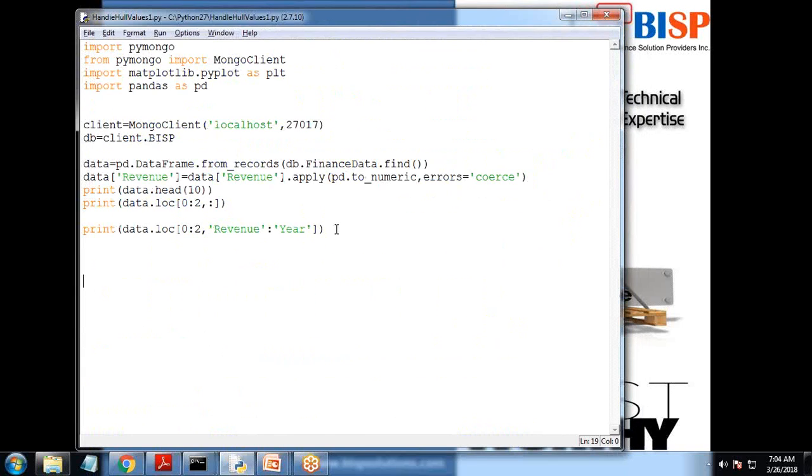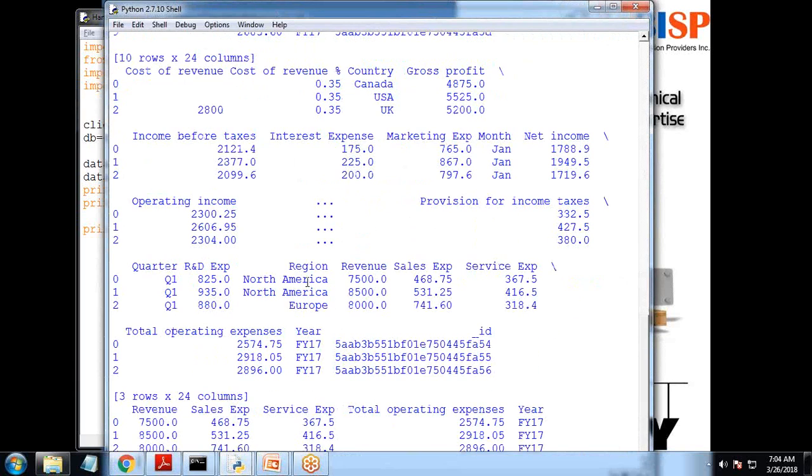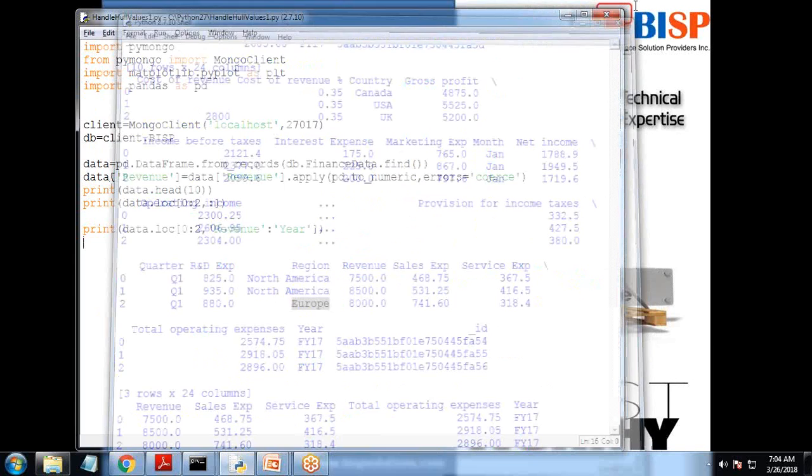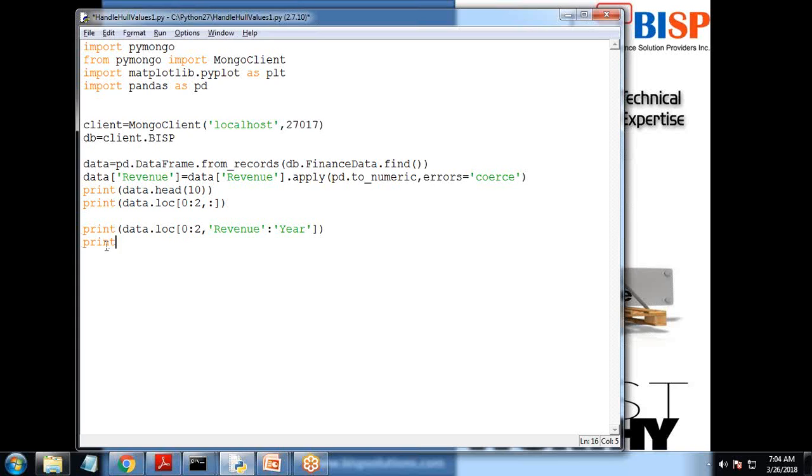In continuation of that, we can also apply a filter where we can filter records based on a specific year, or a specific region. For example, we have a region column, and in the region column we have a region called Europe. So I would like to display only those records where region is equal to Europe. So I write